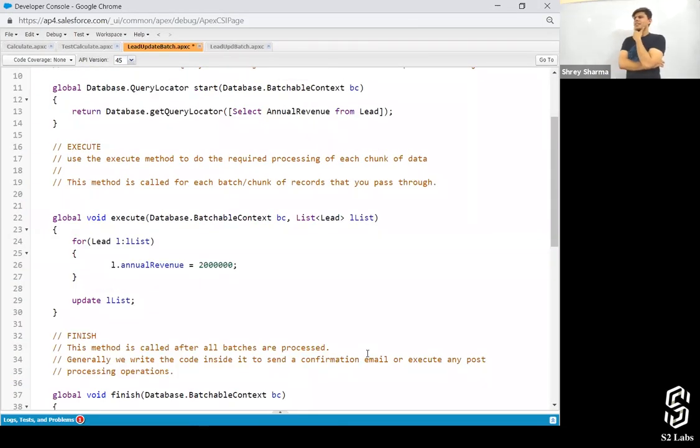How does it make any difference? It will automatically call the start method wherever it finds it in the class. In any programming language, specifically Apex, it's not important in which order you declare or define the methods. It's important in which order they get called. So in the order they get called, that's it.